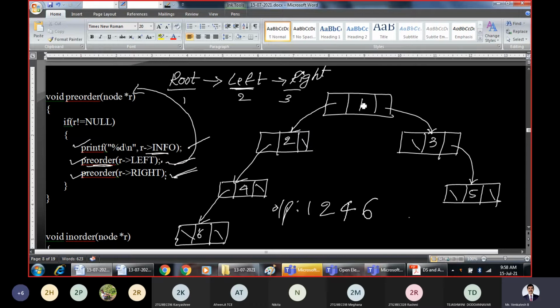For 1, what is the procedure which is over now? The root node is successfully processed. Then the entire left subtree is successfully processed. Now you have to go to the entire right subtree for the root node. That means now we descend down towards the right subtree. For the root node 1, the pre-order function is being called on the right subtree for the first time.